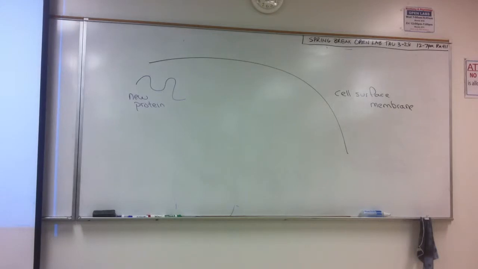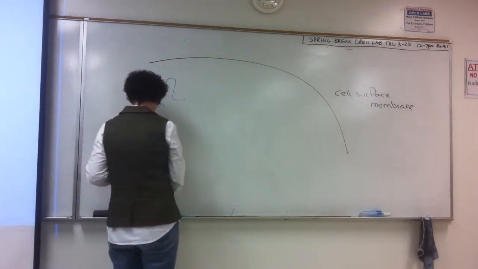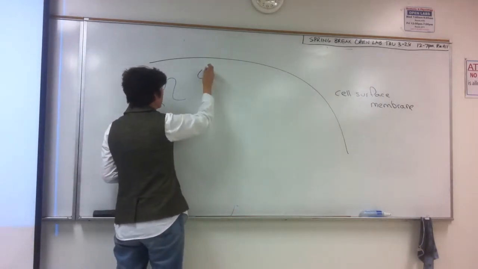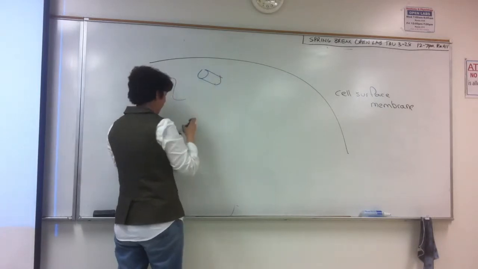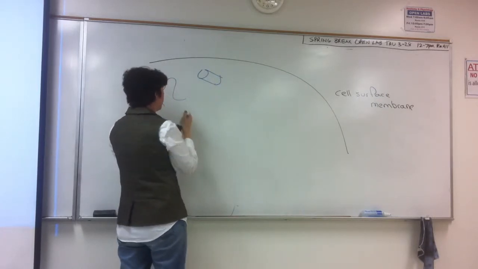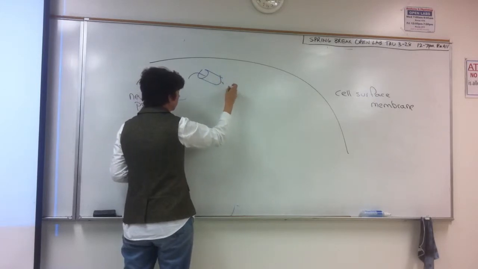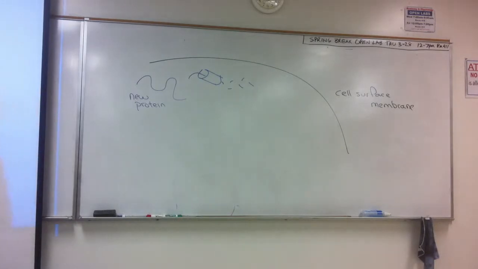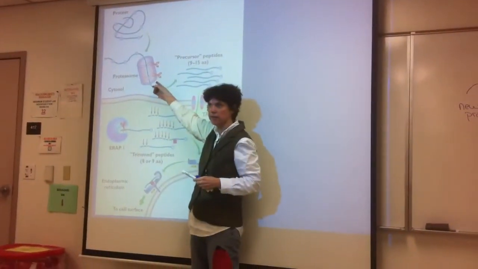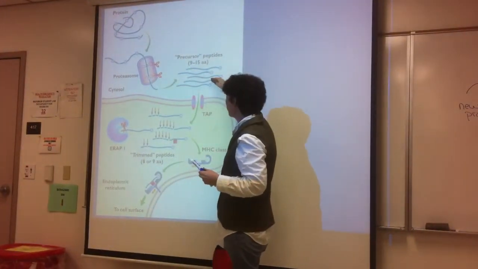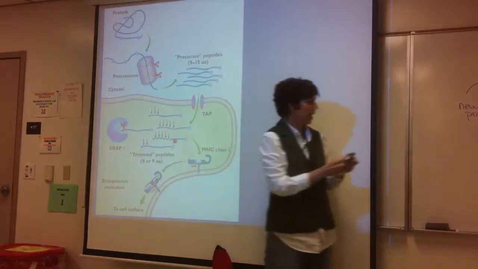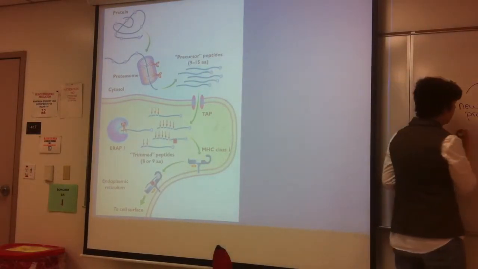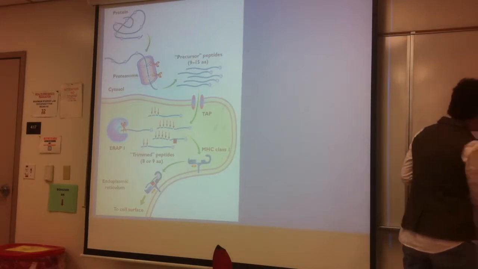But it's too large to bind to the MHC molecule. So it passes through a structure in the cell that clips it into smaller pieces. That's what's happening here. Your cell doesn't have scissors, they're just using that as an illustration to show that clipping is going on. And then within the endoplasmic reticulum,